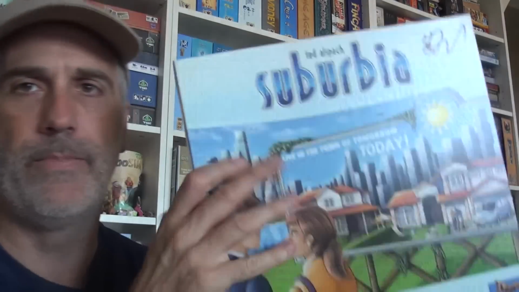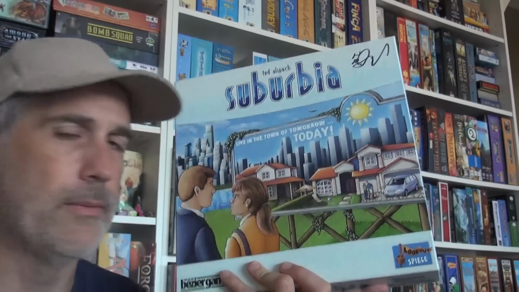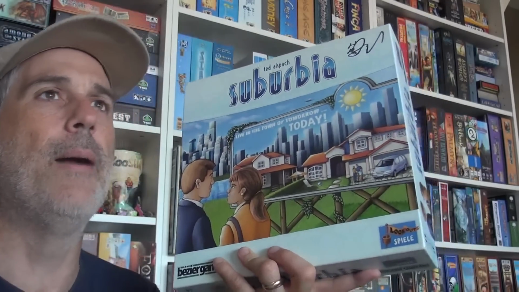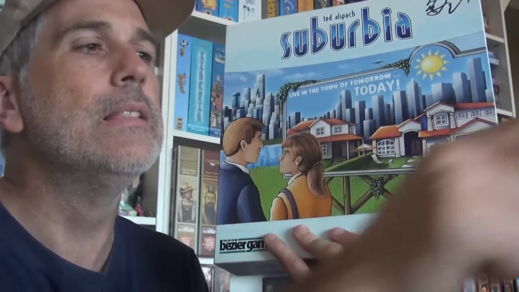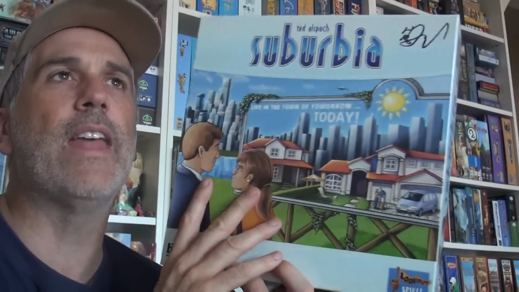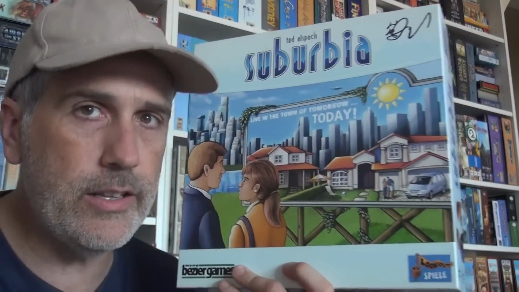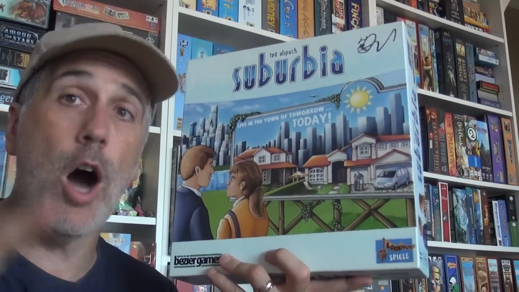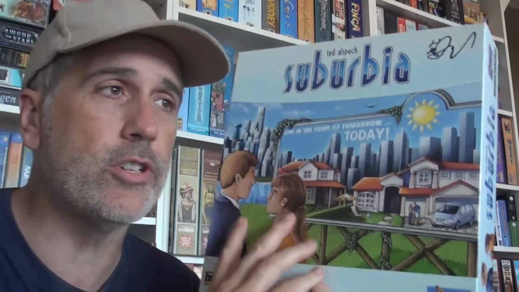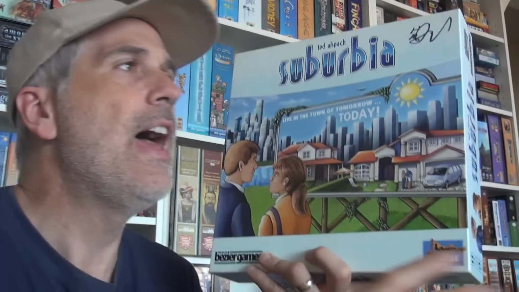But you guessed it, folks, it didn't quite beat my number 1, Suburbia. Signed there by the designer, Ted Alspach himself. Still my number 1. This is a city building game, much like Quadropolis, a modern city building game. And like Glen More, its central key thing that makes it interesting is that a lot of the tiles you build, when you place them in your city, combo with other tiles. And what is very, very cool about this, which Glen More doesn't have, is it's just as